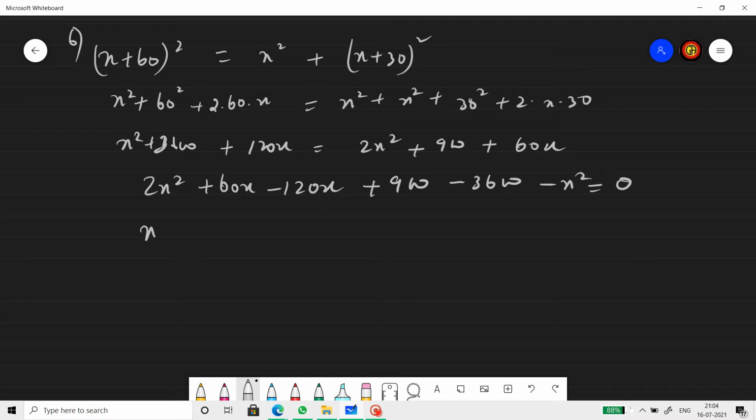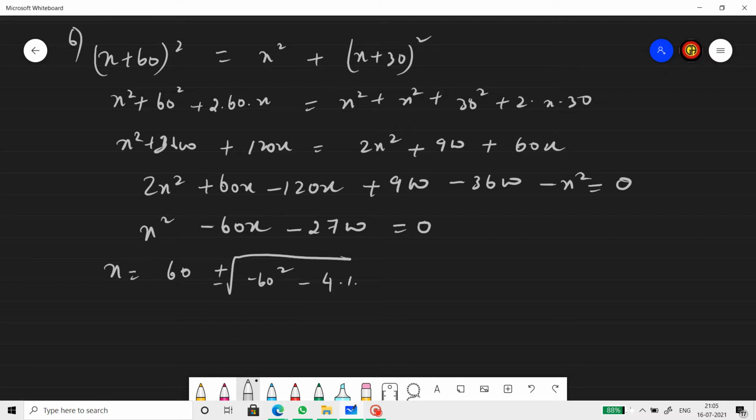So 2x square minus x square is x square. 60x minus 120x is minus 60x. And plus 300 minus 3000 plus 900 minus 3600 is minus 2700 equal to 0. Now, the numbers are quite big, so let's use the formula. x equals, b is minus 60 here, so minus of minus 60, 60, root over b square, that's minus 60 square, 4AC, 4 into 1 into minus 2700